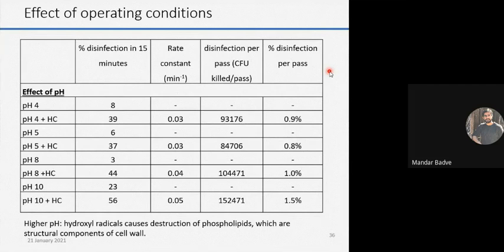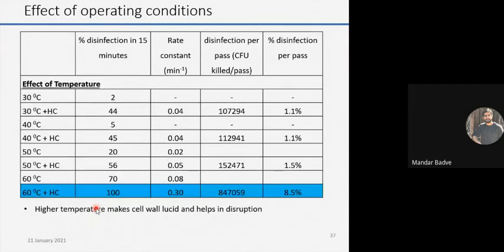Here we observed that as pH increases, the amount of disinfection increases, and the combination of pH and hydrodynamic cavitation results in slightly higher disinfection, because at a higher pH condition the hydroxyl radical causes destruction of the phospholipids, which are a structural component of the cell wall, and because of the destruction of those lipids, the cavitation efficiency increases, right? Then we also studied the effect of different temperature conditions on cavitation, and we saw that